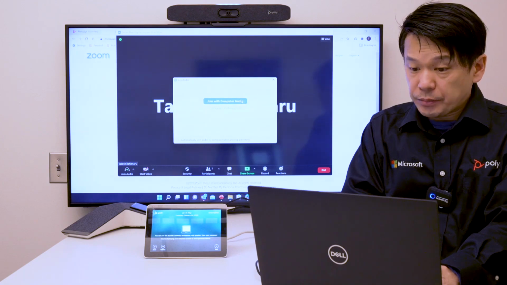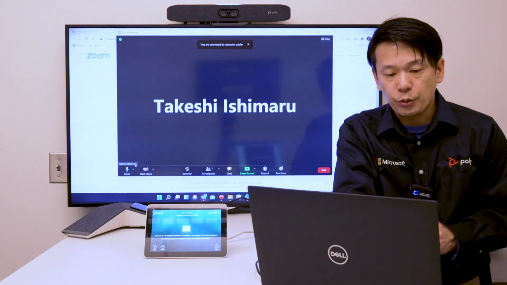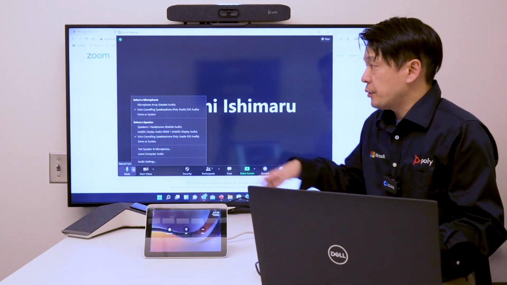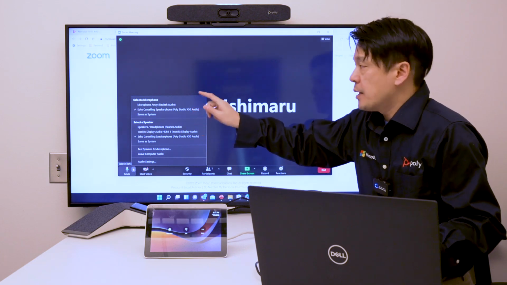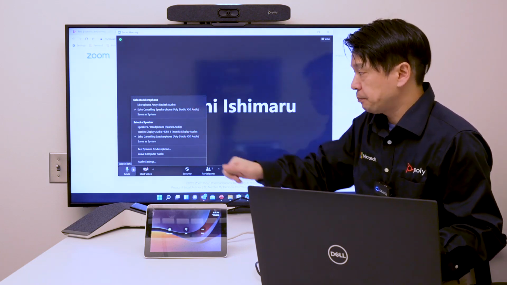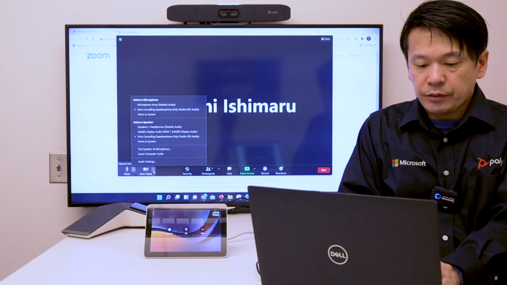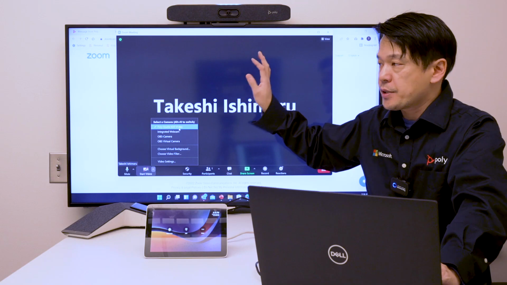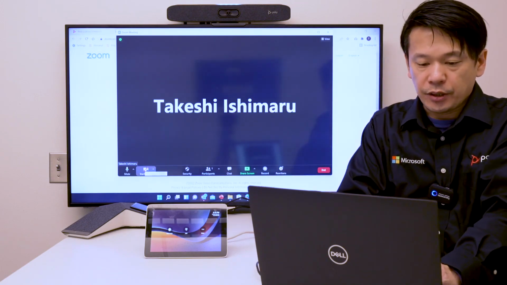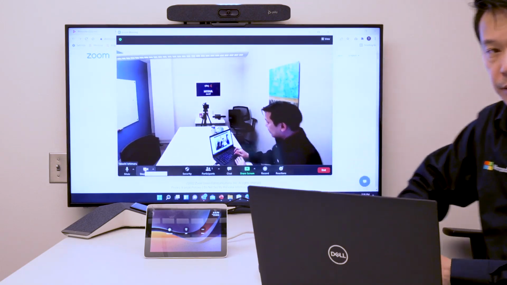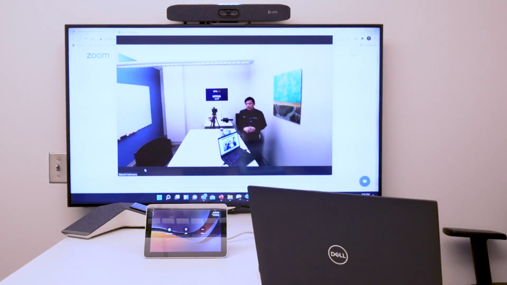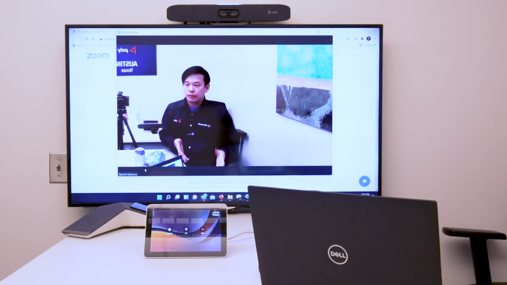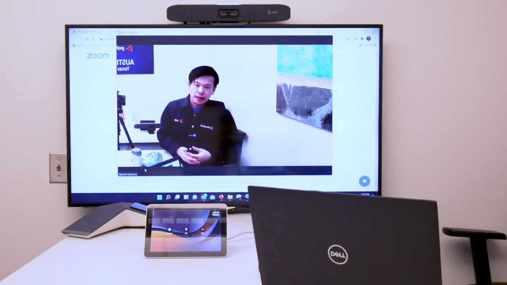When I join the meeting, I can go to the audio setting and the video setting. As you can see in the audio setting, Poly Studio X30 is selected for microphone and speaker. On the video side, you can make sure that Poly Studio X30 is selected, and then start the video. Now I am using Studio X30 and the room monitor for my laptop UC client, and the camera tracking is